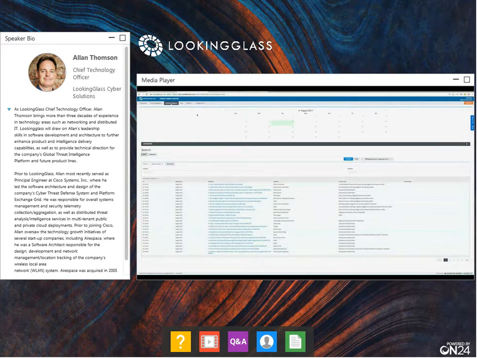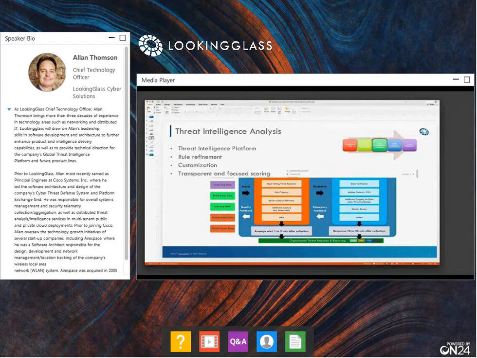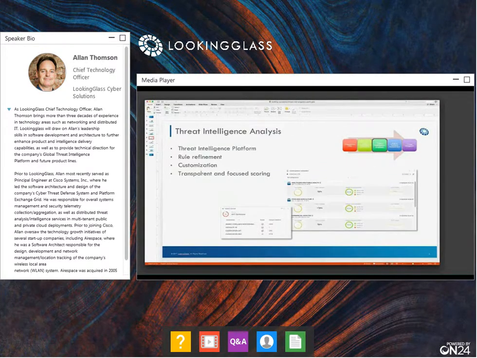So if we come back to our PowerPoint, the next part of our demonstration is really talking about intelligence analysis. And what we want to cover here is really, once we have operationalized the data and we've done some level of vetting, there may be some customization required. There may be some additional deeper analysis that's required on the threat intelligence. So if I come back to our demonstration system,